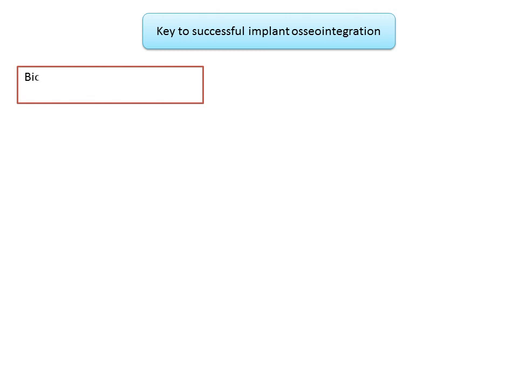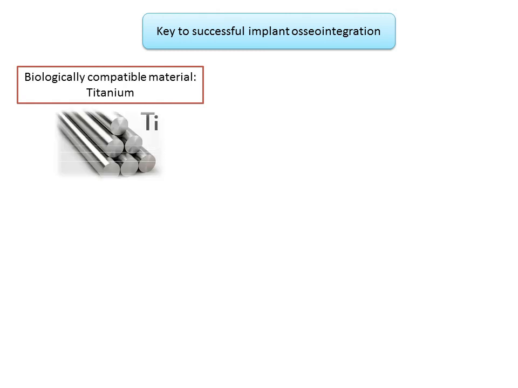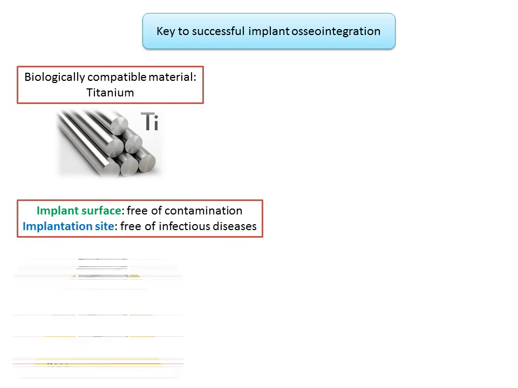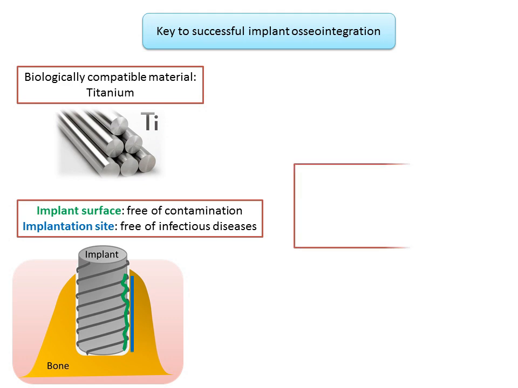So as we mentioned, the discovery of this process of osseointegration occurred by accident by Swedish bone researchers in their experiment on animal bone. There were certain factors that these Swedish researchers found as key to successful implant osseointegration, which are use of biologically compatible materials such as pure titanium, implant surface free of contamination and implantation site free of infectious and other diseases, use of an atraumatic insertion technique that minimizes heat damage to bone adjacent to the implant surface, such as